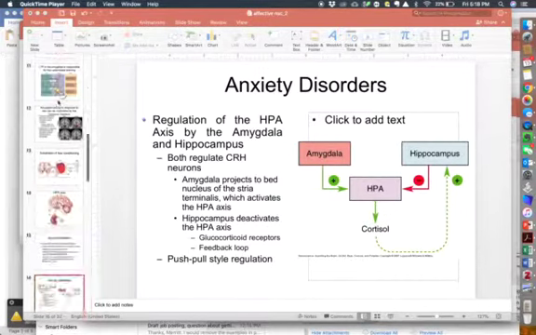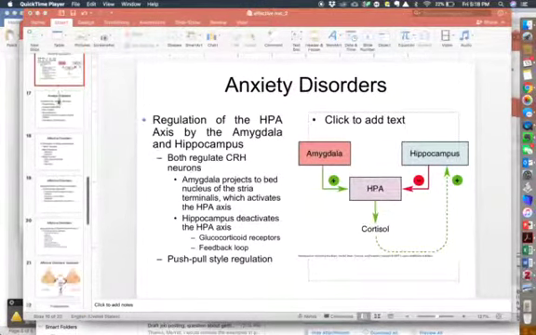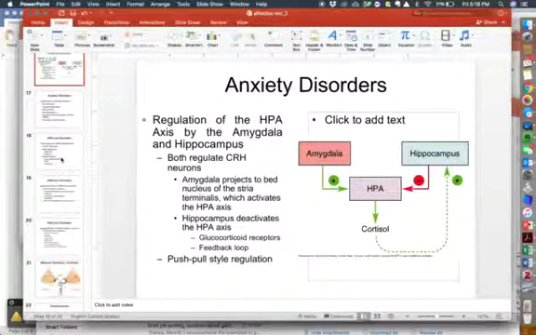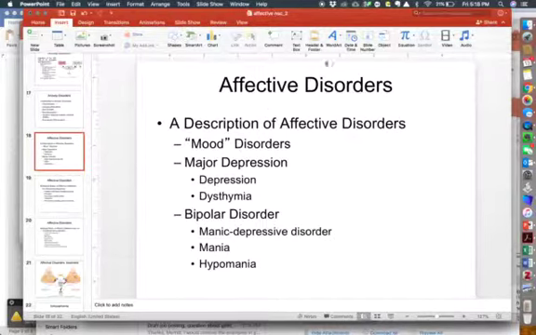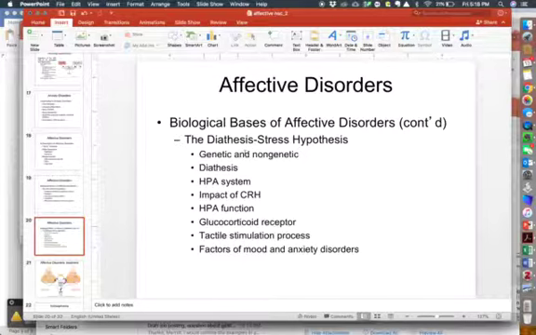So I've cleaned out some slides here so it flows a lot more closely to what we had in the classroom. And we talked about how anxiety disorders and affective disorders, this is correctly written as affective disorders up here. In the previous version you had, it was anxiety. And how these mood disorders can actually be linked to some aspects of stress,